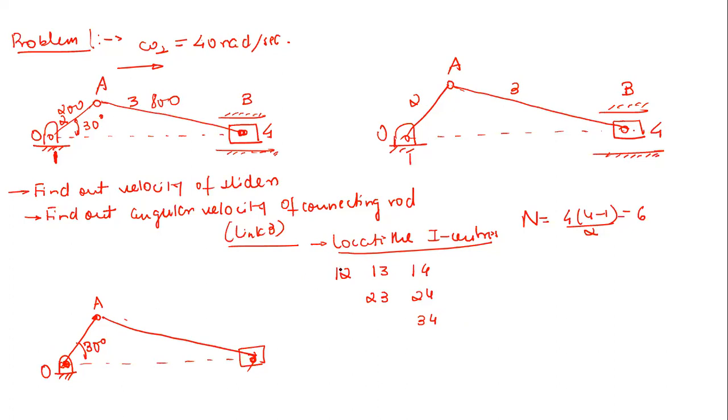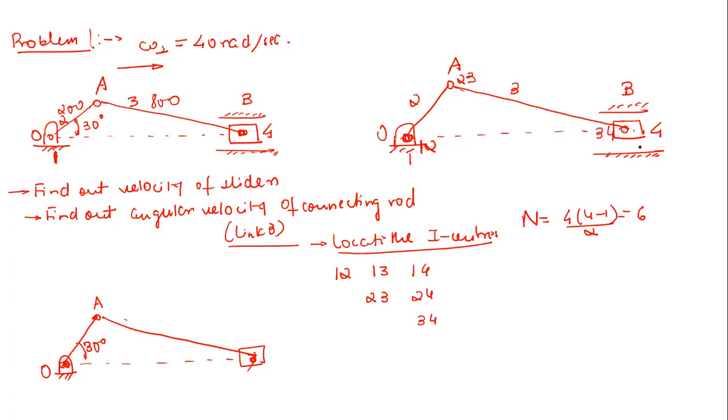So first of all, 1, 2 is known to us, obviously. So let us mark those instantaneous centers which are permanent, which are located at the simple revolute pairs. So now this is the 1, 2 instantaneous center, 2, 3. This is very easy. So now this is 3, 4.